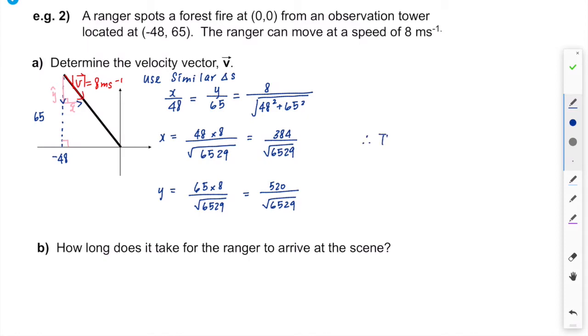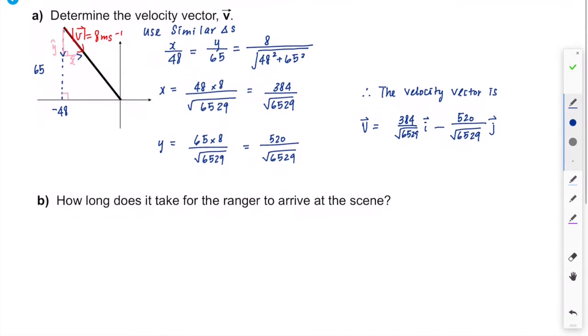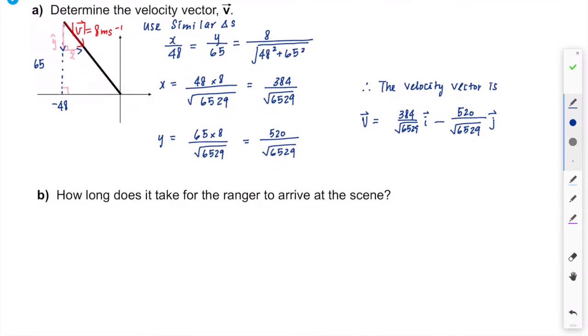We can say that the velocity vector is, I can write it in column vector form, or for space, I can write it using i and j. And make sure this is minus 520 over the square root of 6529 j, like that. Okay. So now having that velocity vector, how long does it take for the ranger to arrive